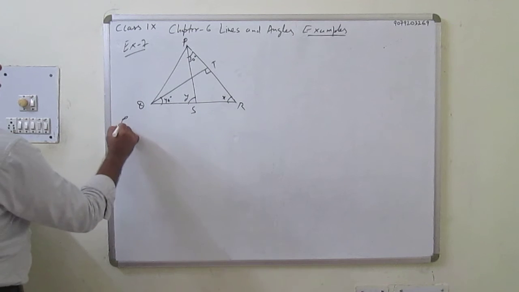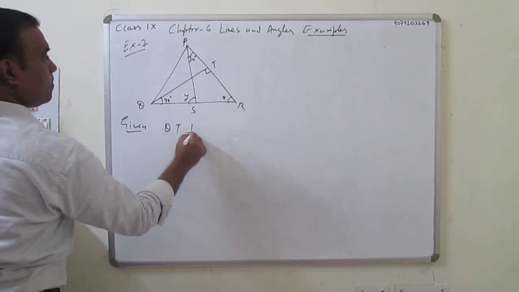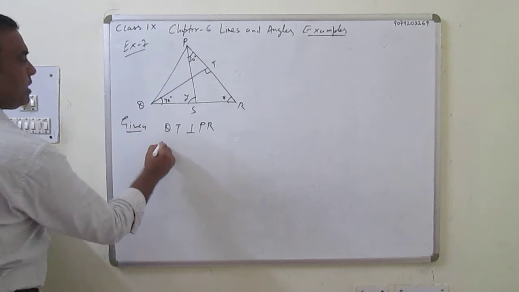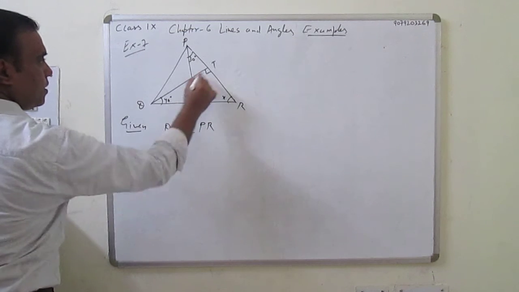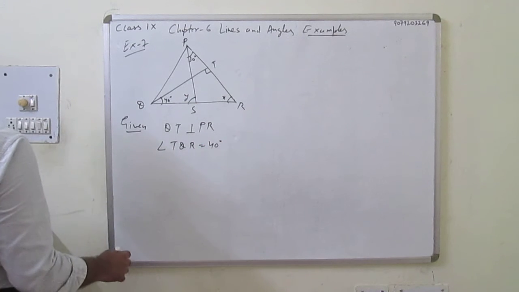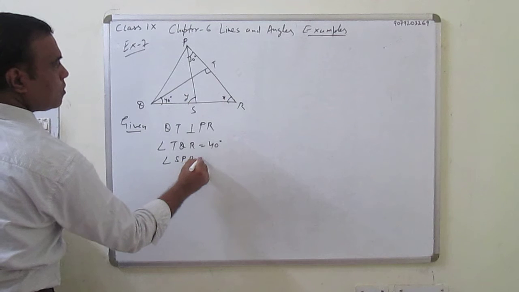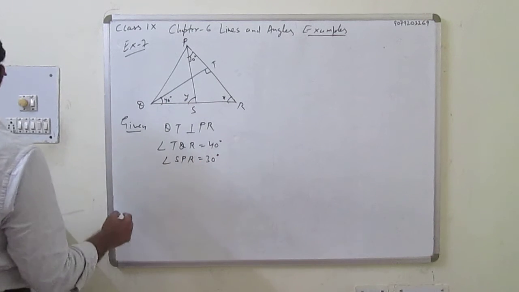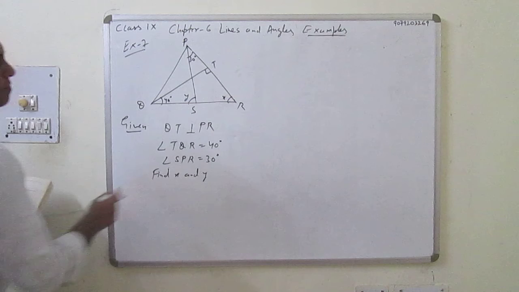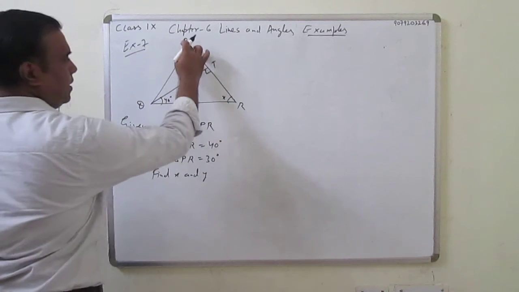So given is QT perpendicular to PR, angle TQR is 40 degrees, angle SPR is 30 degrees. Find X and Y. Now see here, in triangle